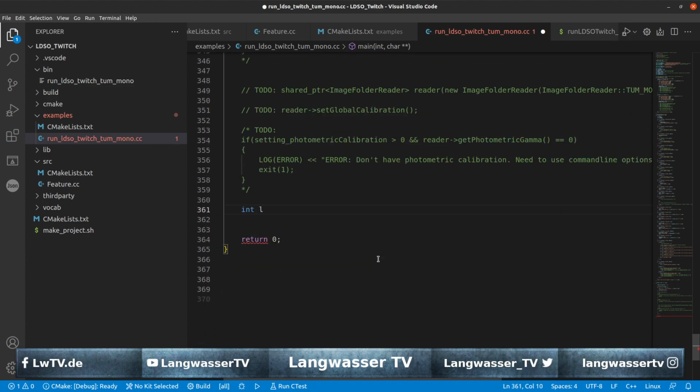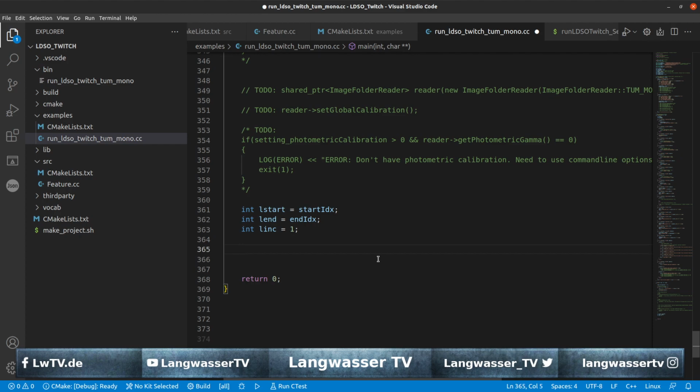So we define an L start, which is equal to the start index, and we define L end, which is equal to the end index, and we define a L inc equals 1, and this is for stepping through the individual images